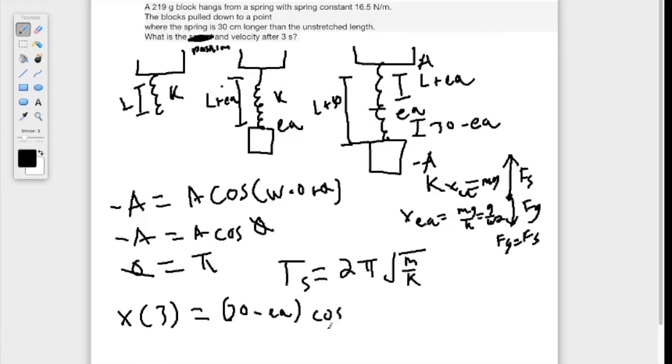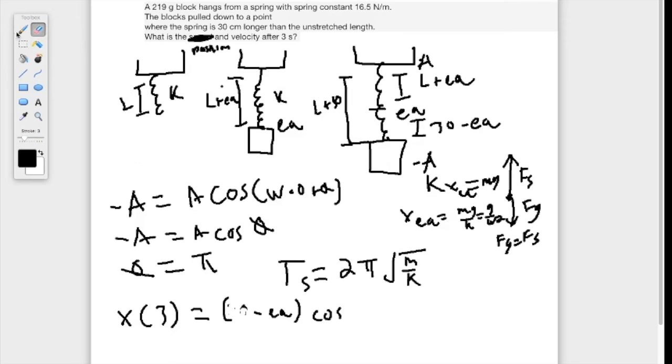And also, since k is in newtons per meter, it's better to convert this all to meters when you can, and then convert it back to centimeters. So we're going to use 0.3 instead of 30,